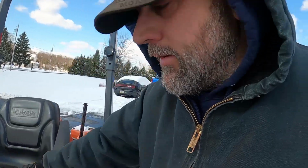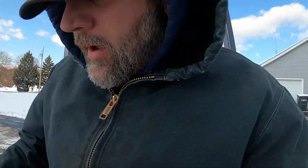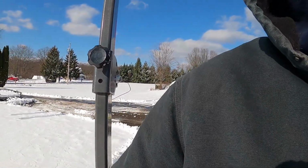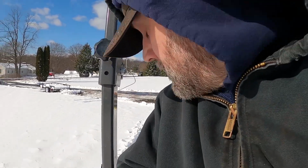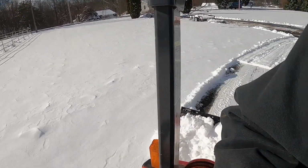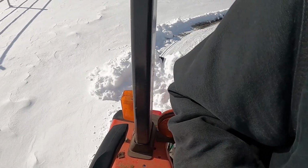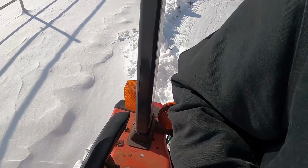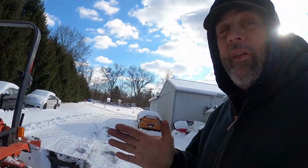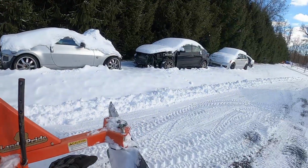Nothing fun about this. So I have it turned backwards. I'm gonna try to go back this driveway. This always makes a mess. All right, well, here we go. I should have got a little bit of video of this. I did come around